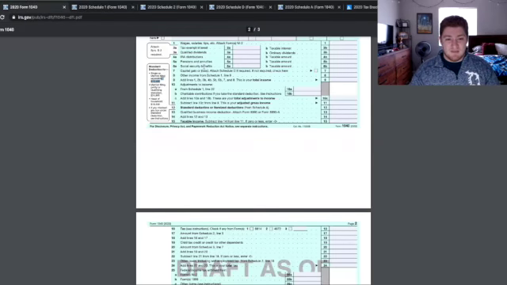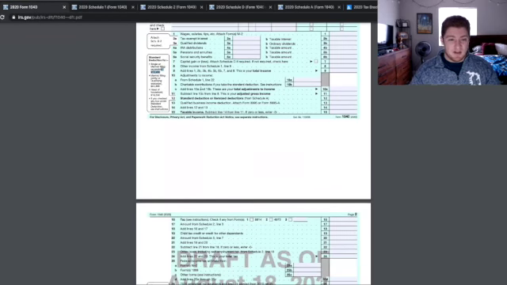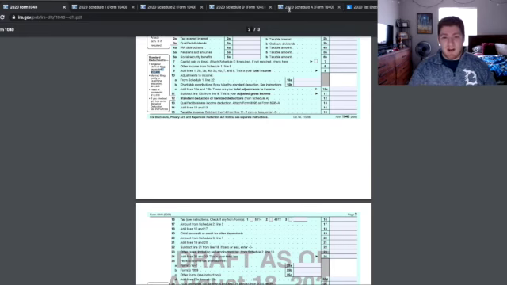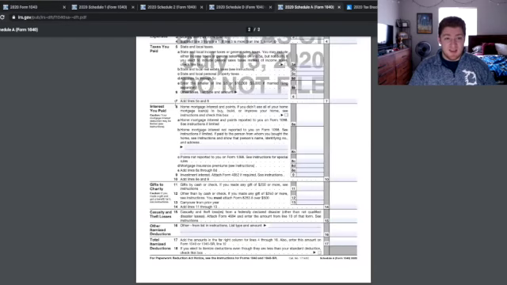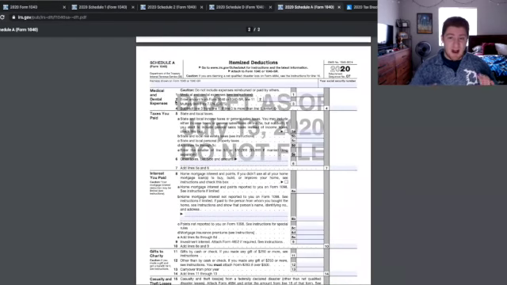If we go ahead and pop in and take a look at the form again, we have a couple of different adjustments to income. And then finally, we get down here into some adjustments to gross income. And then finally, we get to the standard deduction. Standard deduction or itemizing. This is crucial. This has been something that's been talked about recently, especially because of tax reform. So I wanted to hop in and take a look at Schedule A. And this is where you make your itemized deductions.